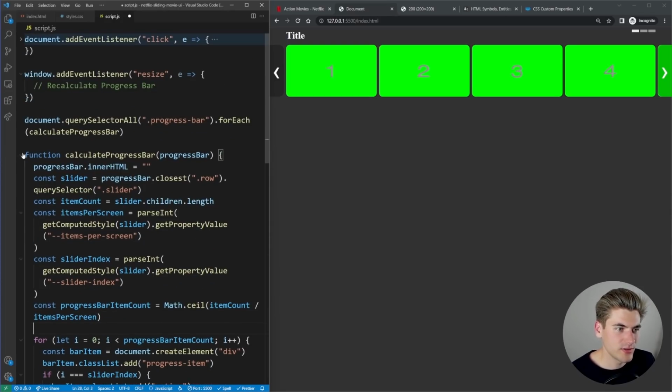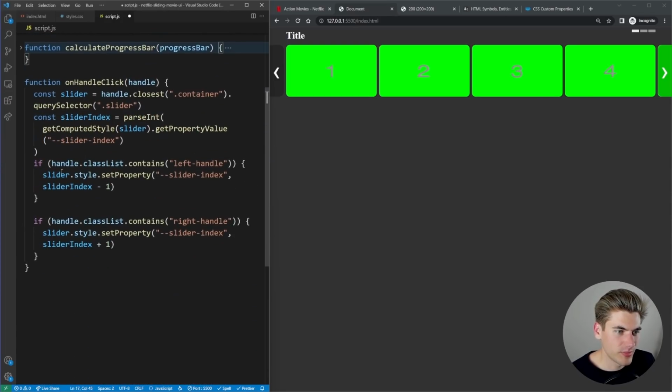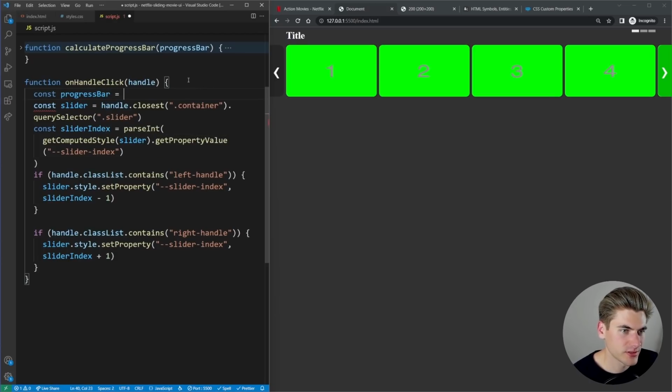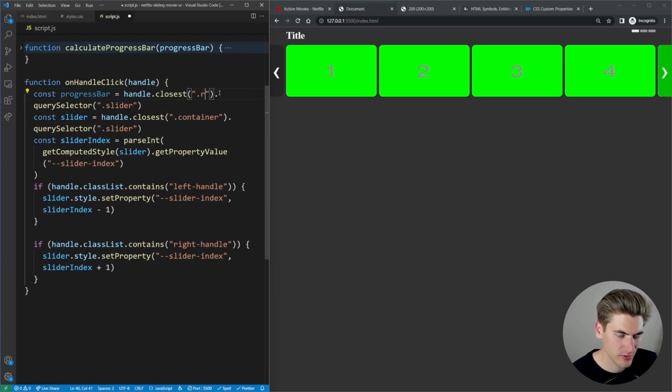And then all we need to do is, when we click the buttons, so when we change our slider, we just want to change the active index for the progress bar. So I think the best way to do that is to get the progress bar, which is getting the closest row, and I want to get the progress bar.